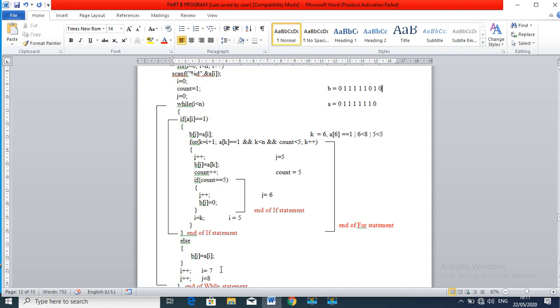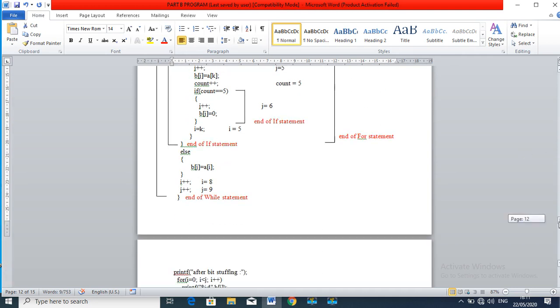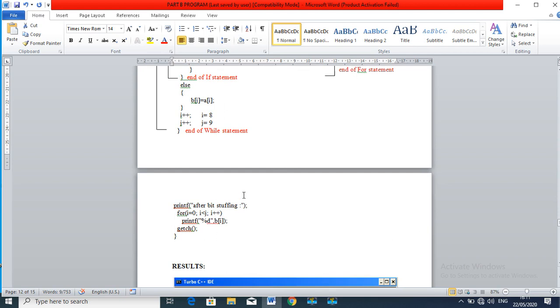That is done, then I gets incremented to 8, then j is equal to 9. Here 8 is less than 8, the condition is false and hence this will be displayed as the output, wherein you can see printf after bit stuffing, the b array is displayed.